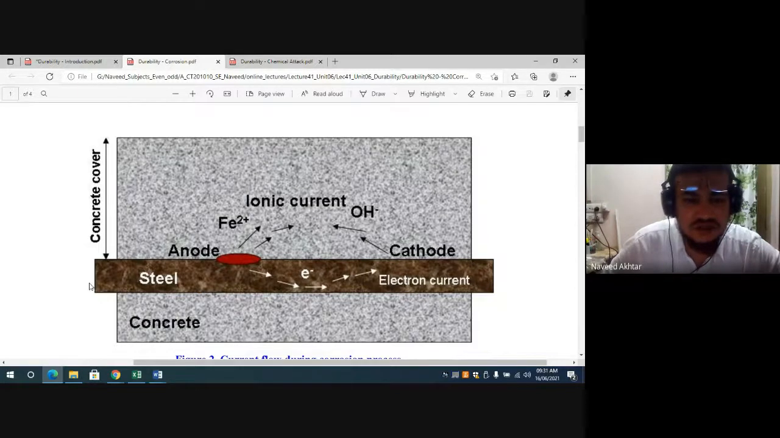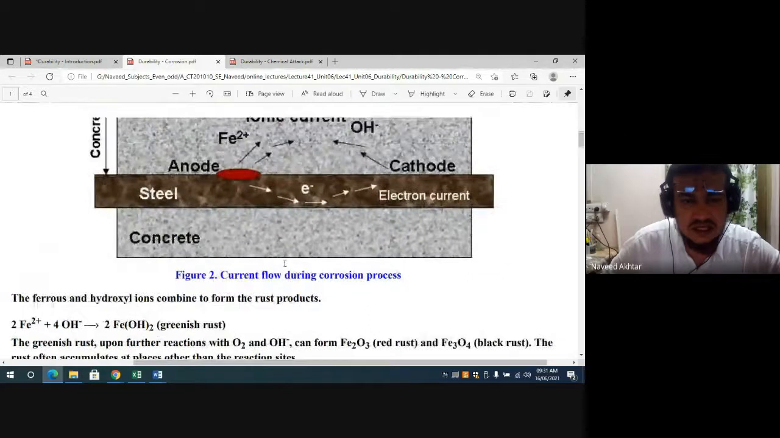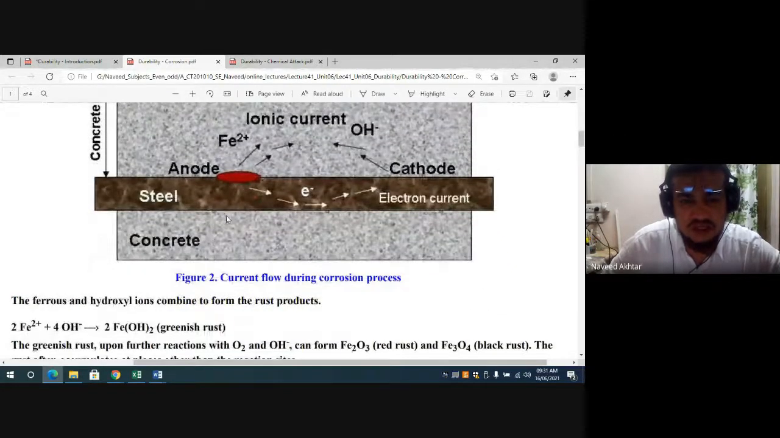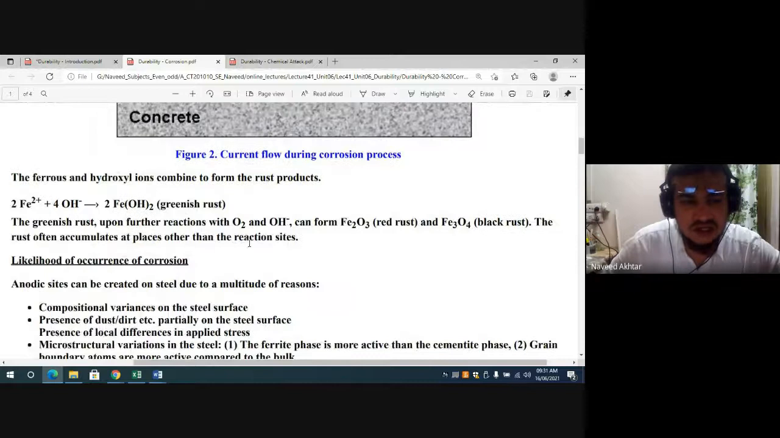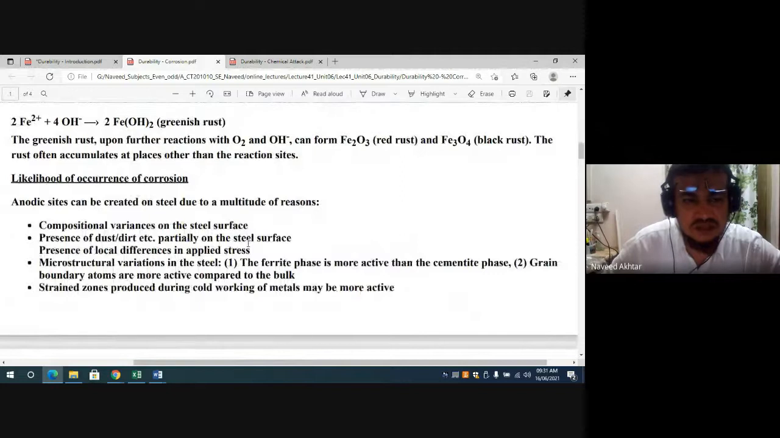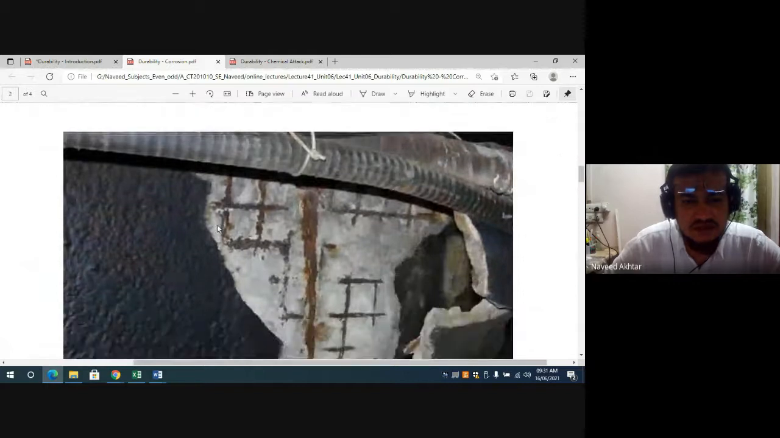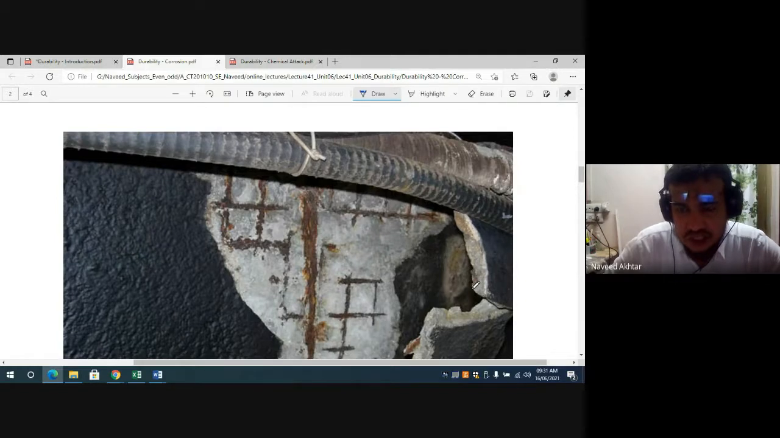The ferrous hydroxide and oxide ions combine to form the rust product, and this rust product tends to break the bonding between the steel and the concrete. This corrosion may have a very harmful effect on the concrete surfaces, and it will lift the concrete. You can see here the spalling of the concrete taking place, very clearly visible. I will draw with the blue line. You can see these are nothing but the spalling of the concrete. The concrete has already